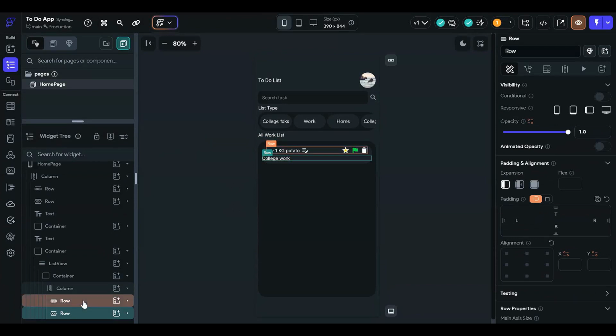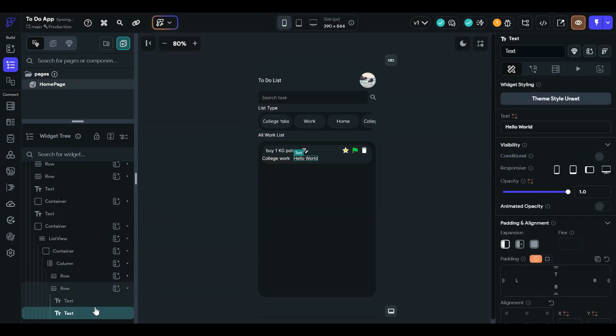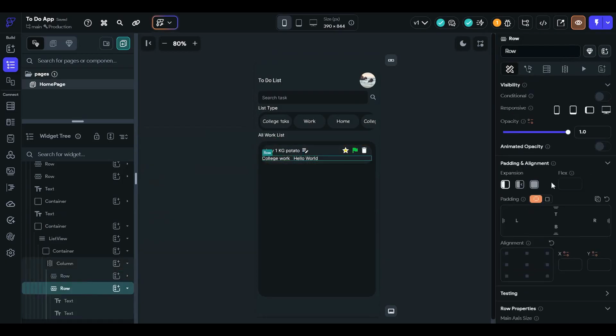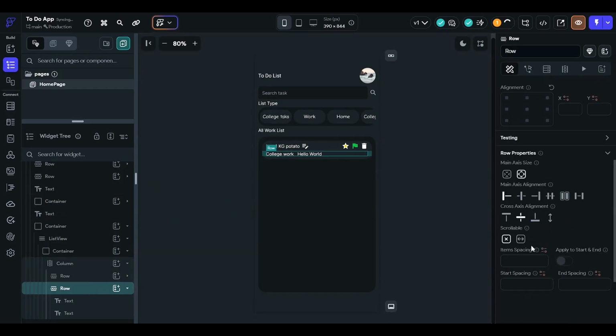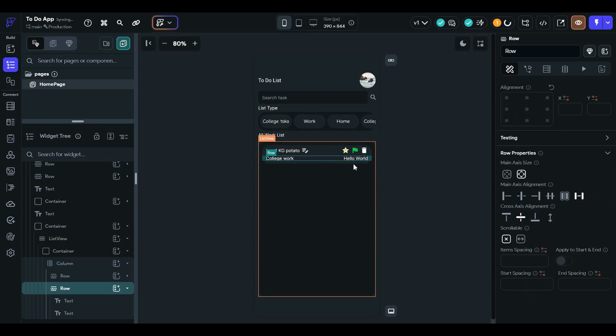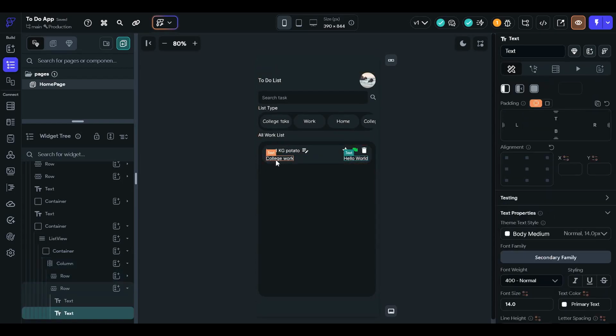Add a row and add another text, and give the row some padding first here, and make the row's main axis alignment space between.